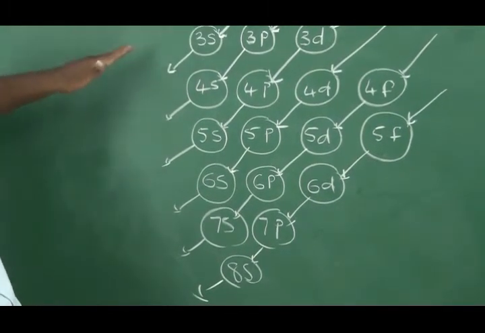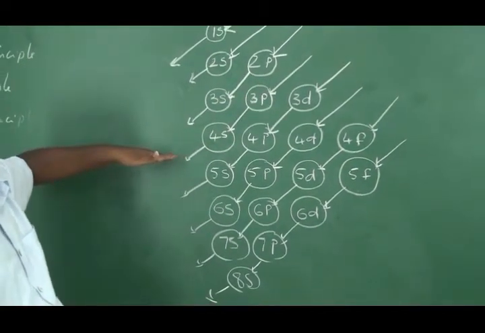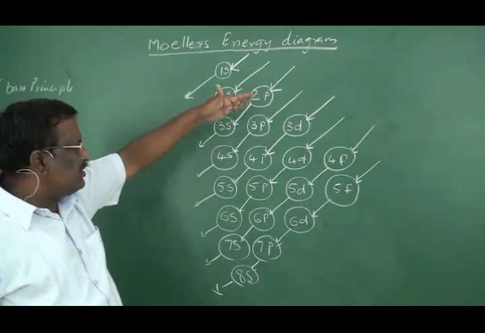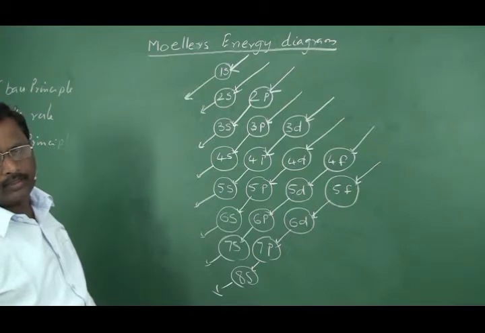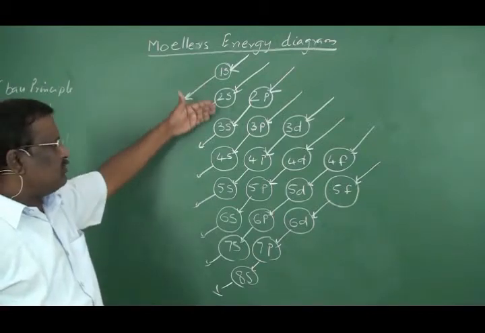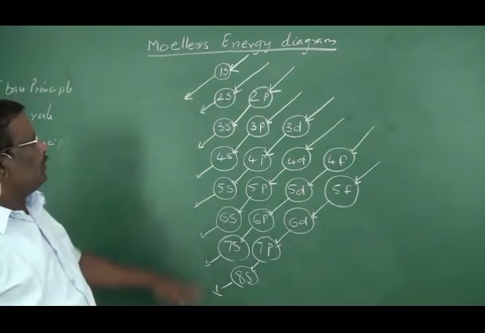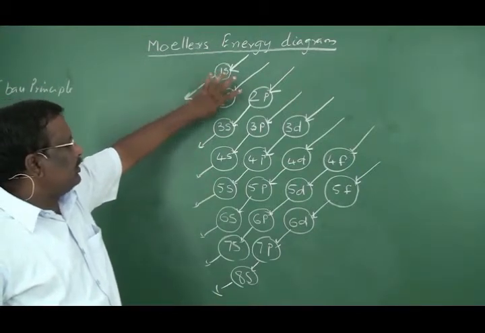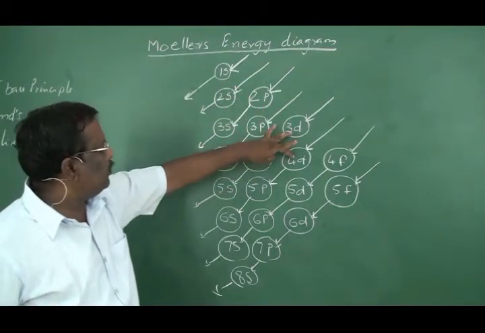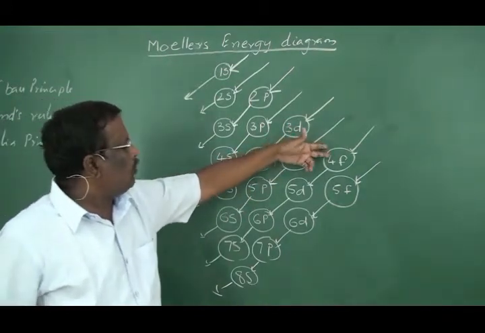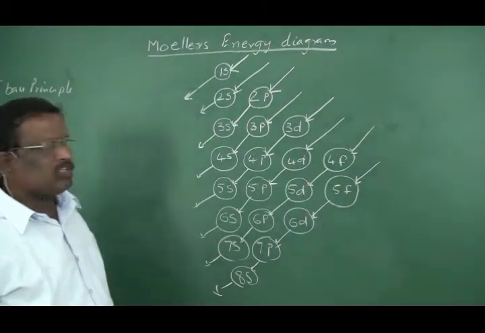So this is the way in which the different orbitals of an atom are filled. In this sequential order only, the electrons will be filled in different atomic orbitals. You can verify these with their n plus L values also. You will get the same order: 1s, then 2s, 2p, 3s, 3p, 4s, 3d, 4p, 5s, 4d, 5p, 6s, 4f, 5d, 6p, 7s, 5f, 6d, 7p, and so on.